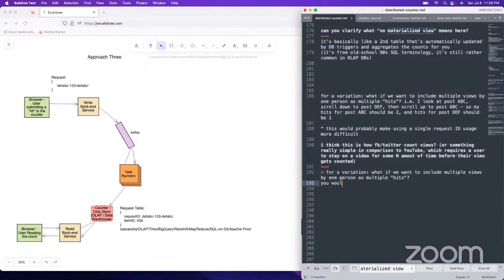You would use different request IDs if you want it to be idempotent. Otherwise, if you're not doing idempotency keys, then you would just go ahead and let them submit multiple requests, and you would of course not have accurate numbers for it.